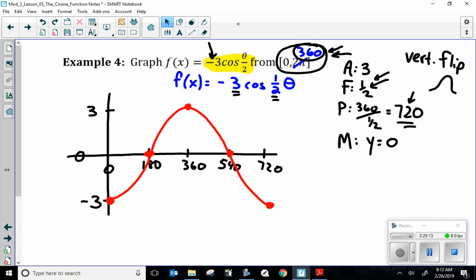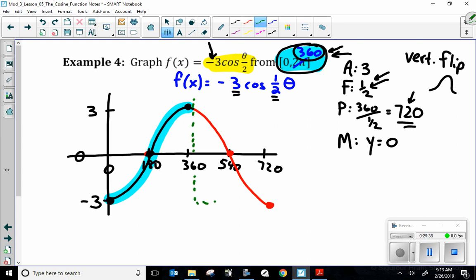That's a fantastic graph. I'm proud of you. But we only want this from 0 to 360 degrees. All right? We only want this from 0 to 360. So technically, this part that I'm highlighting here, we don't even want in the problem. So we're just going to wipe that right off. I'm literally about to erase that,